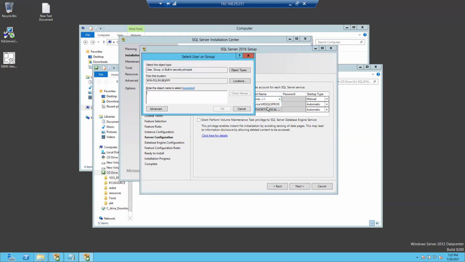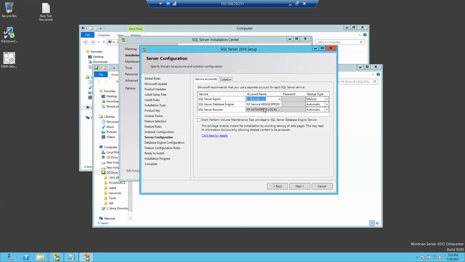Again, I'm selecting the server username like this.